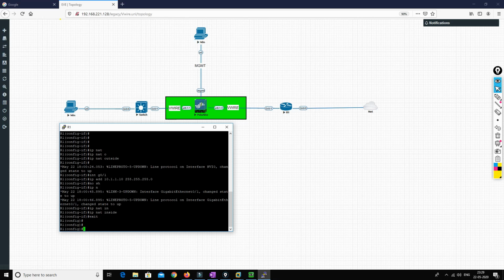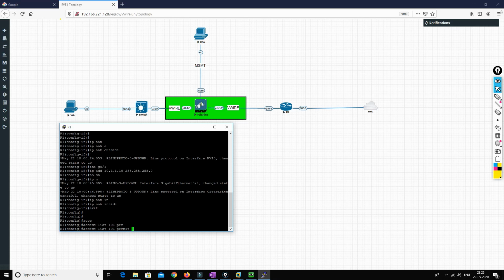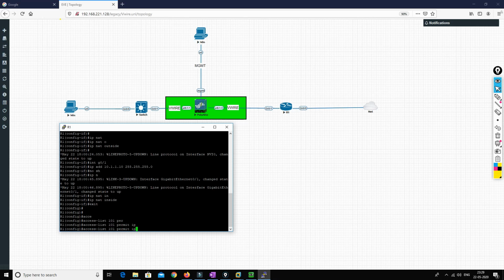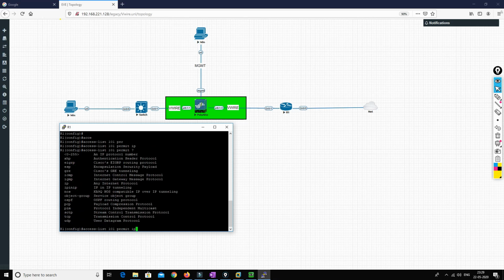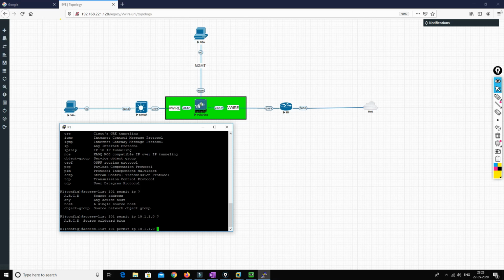So as the interface configuration is correct, we'll configure an access list. Access list 1 permit ip, and then we configure the source IP address 10.1.1.0 with the wildcard mask 0.0.0.255, to any.